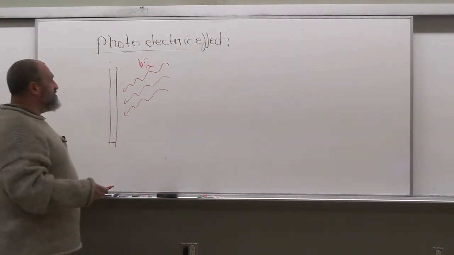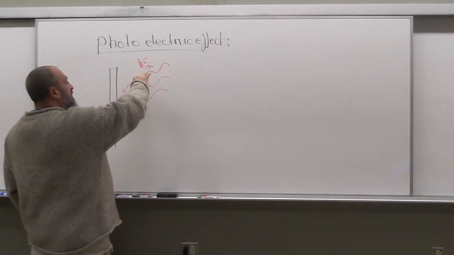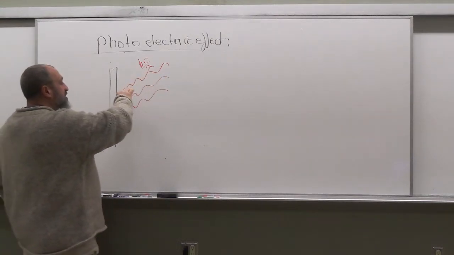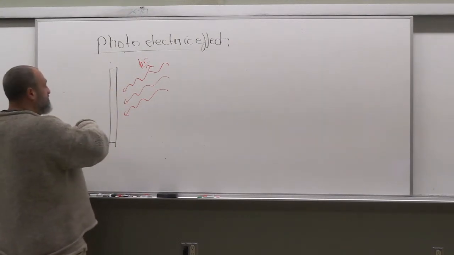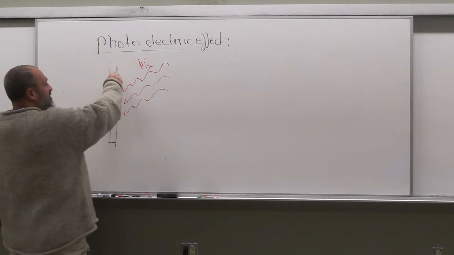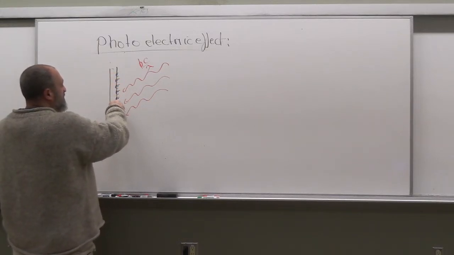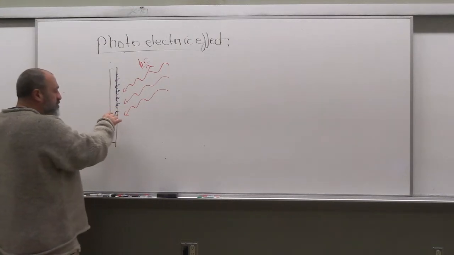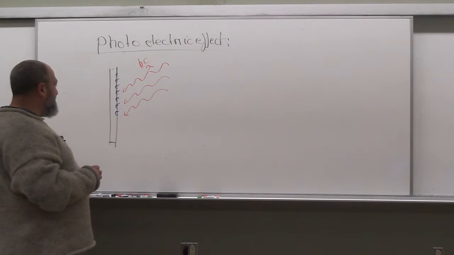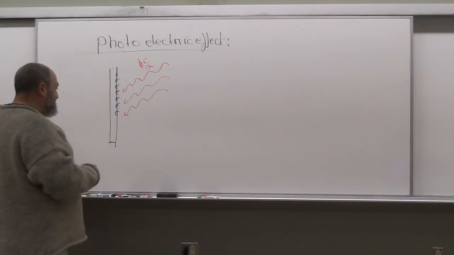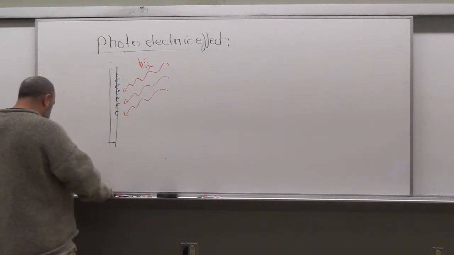Now this light comes in, and this is a photon, right? Comes in, and you have electrons sitting here. This is a conductor, so there are free electrons in there, and some of these free electrons are surface electrons sitting right at the surface. Some of them are more bound to the metal than others, depending on where they sit exactly and what's going on in there. But let's say the light comes in, and what Einstein said we would notice in this thought